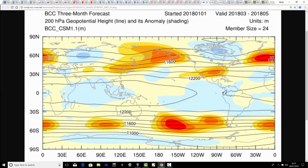Beijing Climate Centre next, and this is 200 millibar height anomaly, I should say, and this one is showing above average heights, again, centering around the UK. So this is a little bit of a trend. It is a little bit of a change from the first update, when most of the models were quite unsettled and low pressure driven. This update has shifted more, I think, towards a high pressure dominated scenario for the spring,